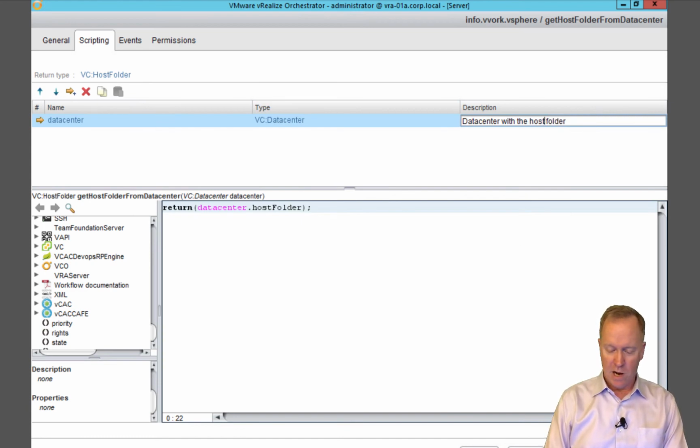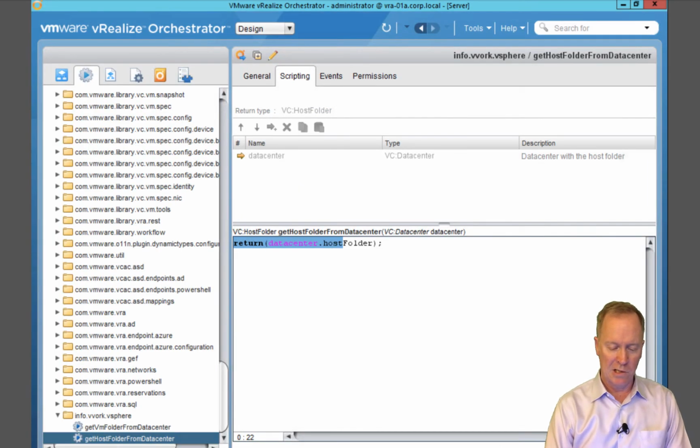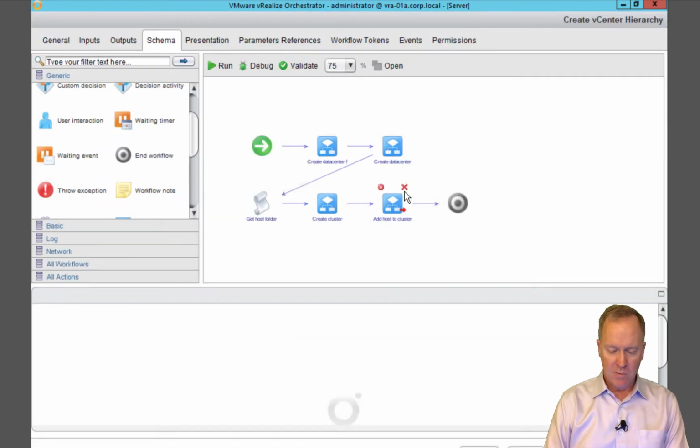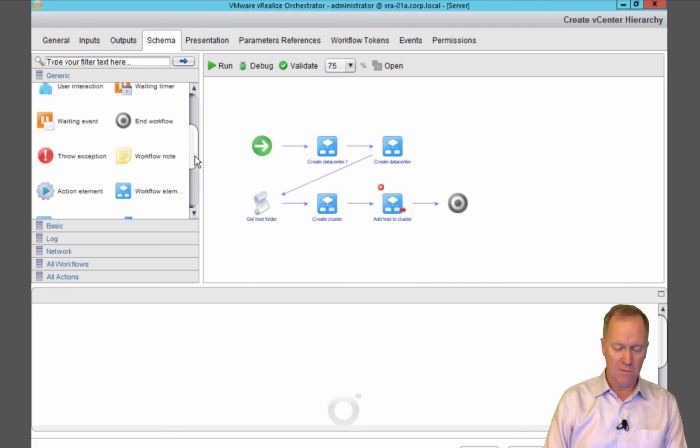Okay. So all I did there was really quickly create another action for getting host folders. All right, so now we've got a couple of actions. We'll go back to our workflow. We'll edit the workflow. And again, before we can add the host to a cluster, we need to get the